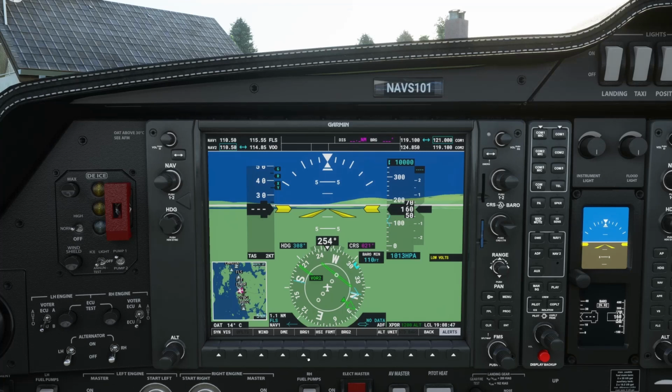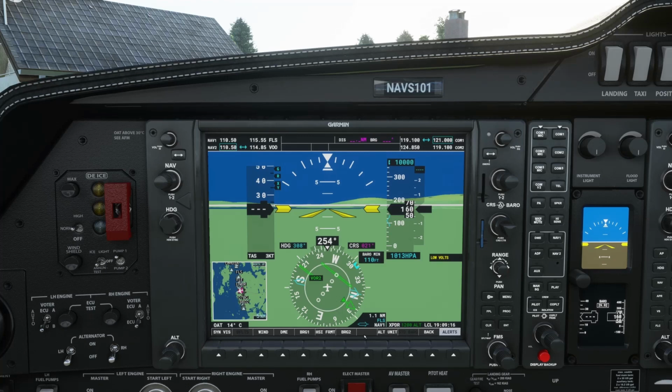If you click on bearing 2, then you'll see that you can also tune nav 1 there. It's just the same thing. Just turn that off. Oops, not that one. Okay, so we click that off. You can see here the bearing 2 has this symbol on it just to differentiate it from bearing 1.